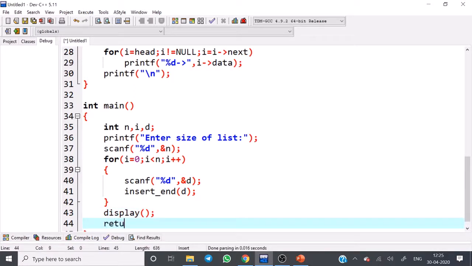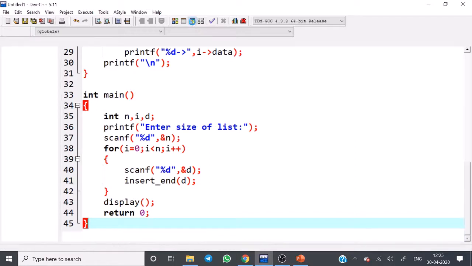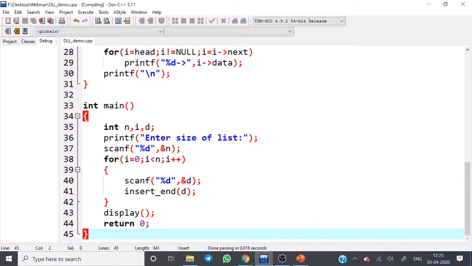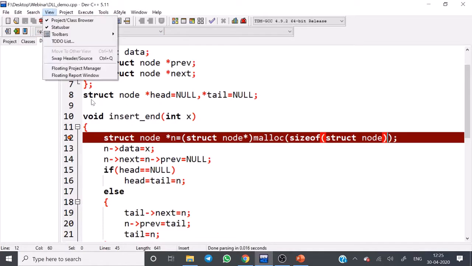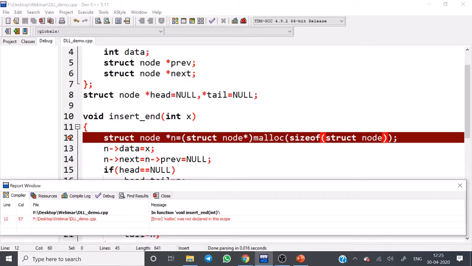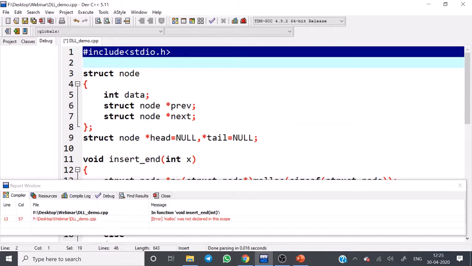After running, there is an error. Fix the error. See here, malloc was not declared. Just include the header file. Very easy.